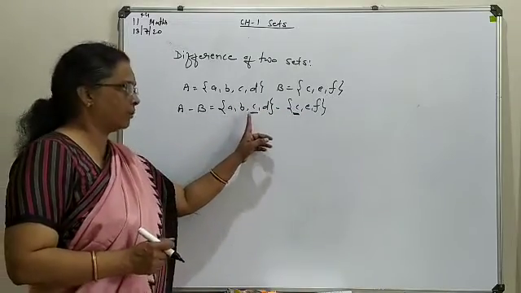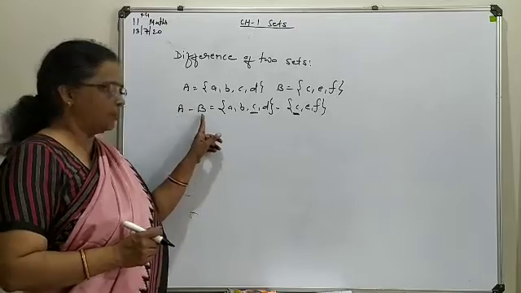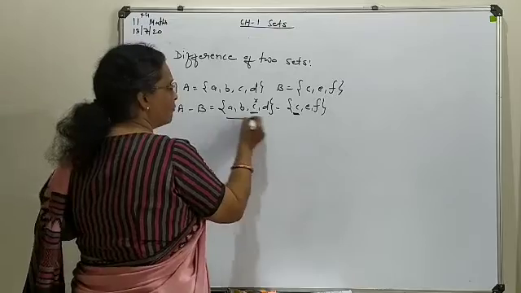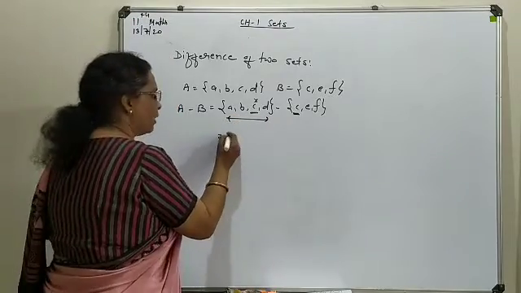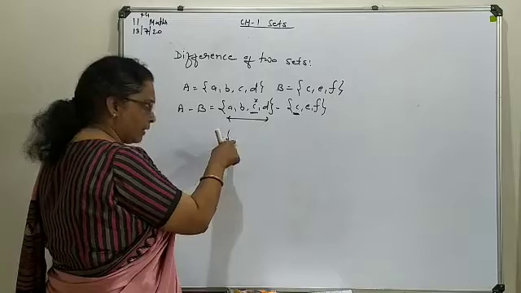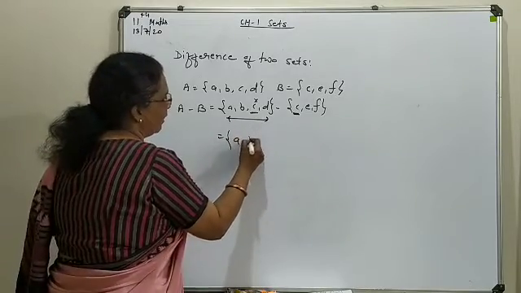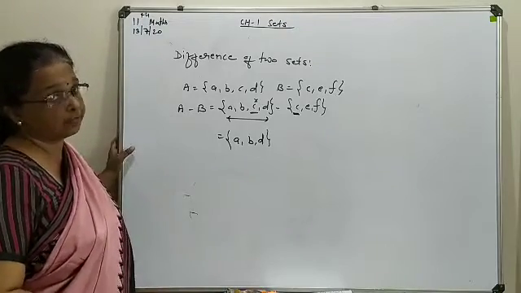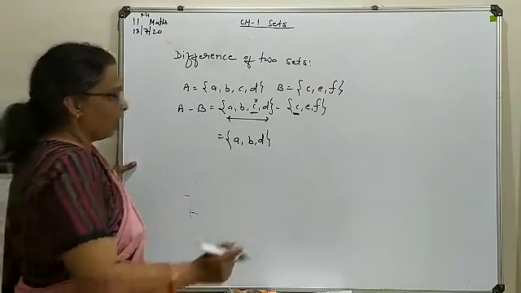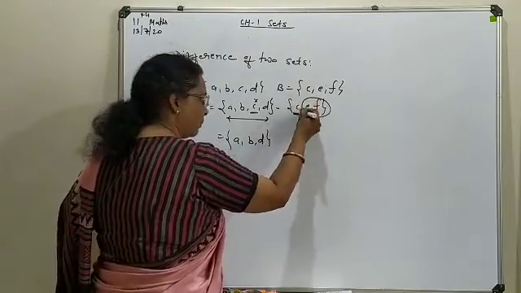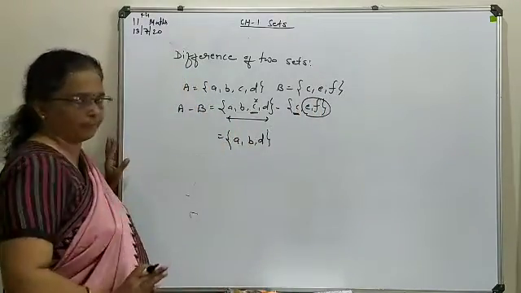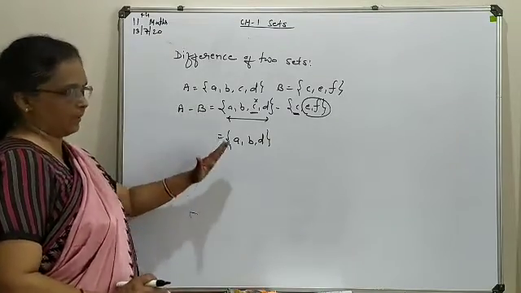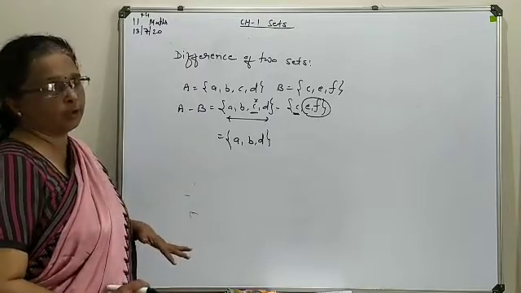So when we make the difference A minus B, in this case C will be cut from the first set. The remaining elements of A you write as A, B and D. So this will be A minus B, that is {A, B, D}. The remaining elements of B we are not going to write here; leave them. Now we write the reverse order, B minus A, and check whether these two are the same or not.